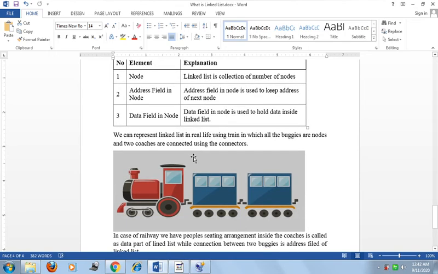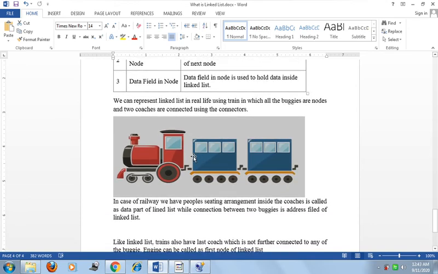We can represent a linked list in real life using a train, in which all the bogies are nodes and two coaches are connected using a connector. In the case of a railway, the people sitting inside the coaches is called the data part of the linked list, and the connection between two bogies is the address field of the linked list.